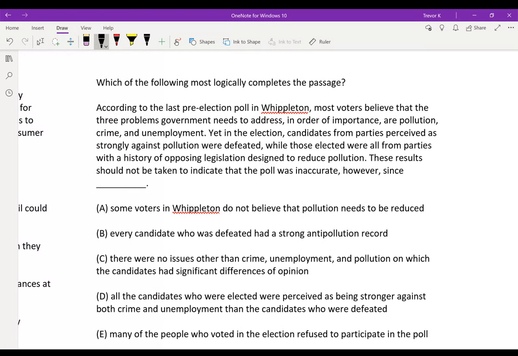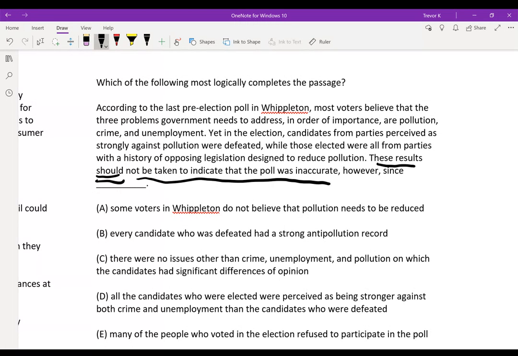So, what's my conclusion? Well, my conclusion is these results should not be taken to indicate that the poll was inaccurate. This is an opinion. It's backed up by the reasoning, right? And I've got the word should here. That's like an opinion word. You should do this. He should do that. That's an opinion. So that's my conclusion. I say, therefore, these results should not be taken to indicate that the poll was inaccurate